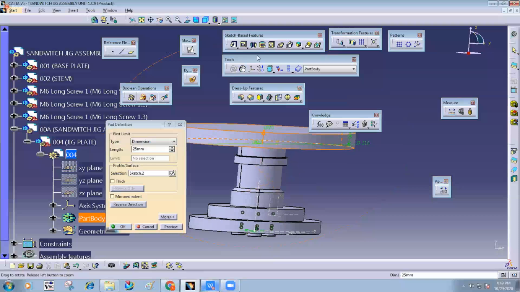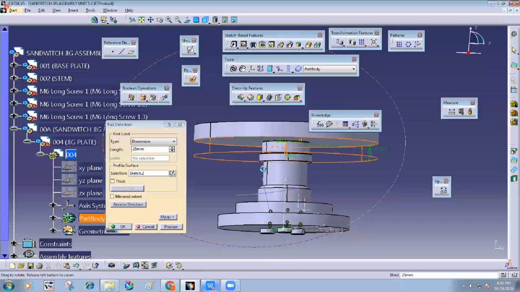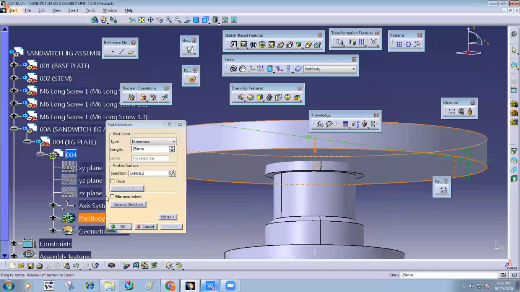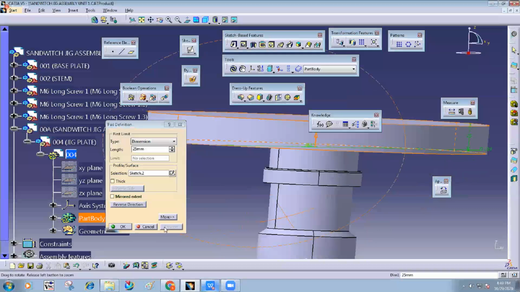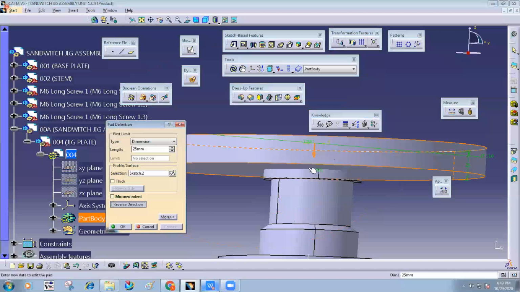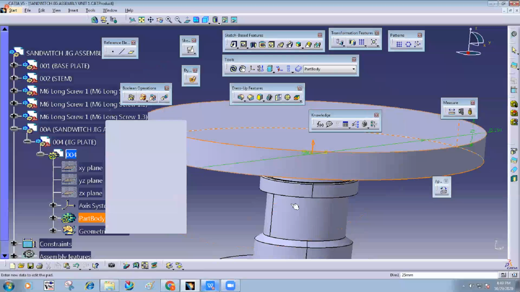You can take a decision whether it is inside or outside. If you do inside, then the part is clashing, so it should be outside, upward direction, not downward. It is clashed over there, you can check. So it should be upward. Click on OK.